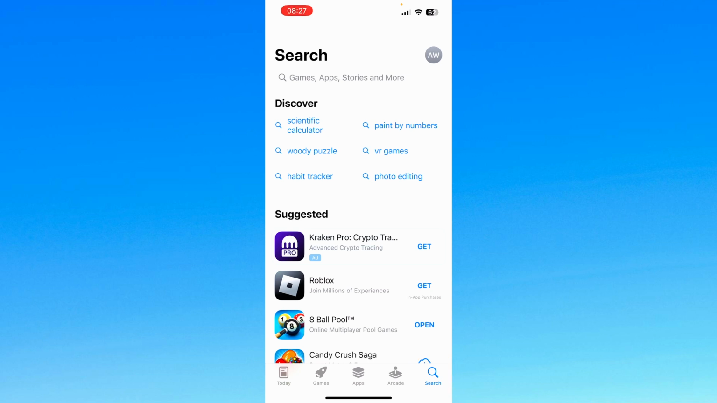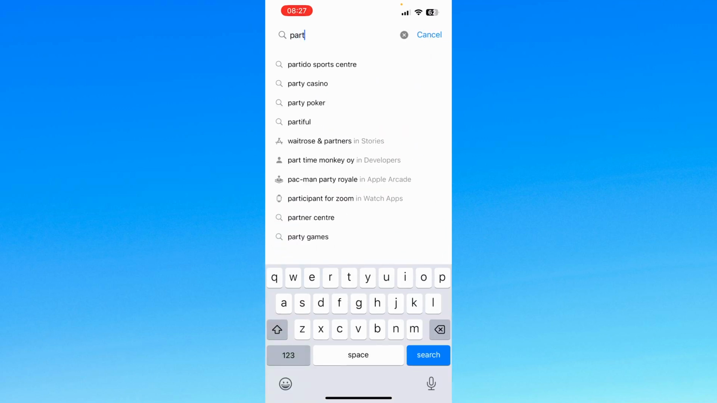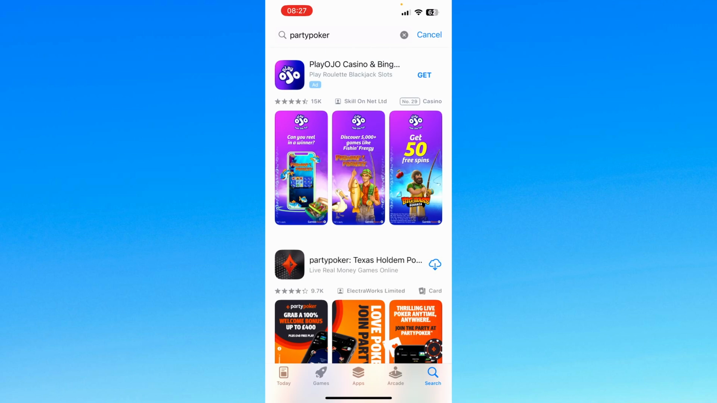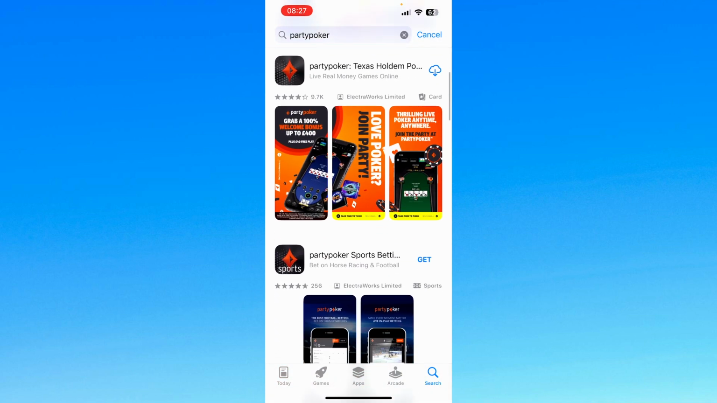and then on the bottom right search page, up at the top, start typing in Partypoker, press search, skip past the first advertisement and go to this one right here, the Partypoker Texas Hold'em Poker